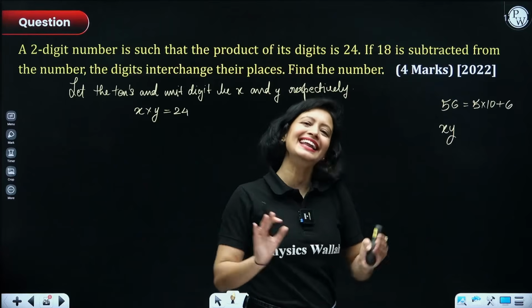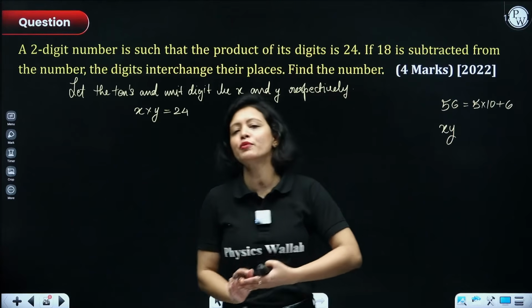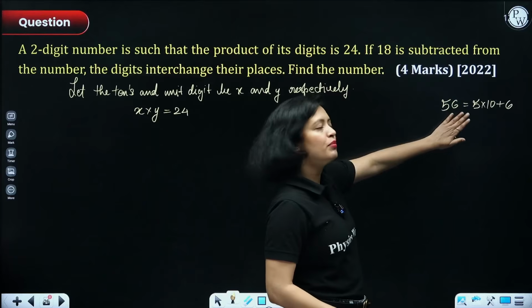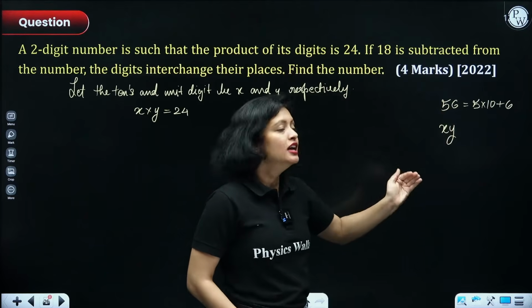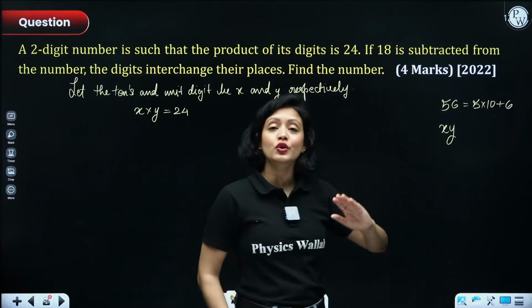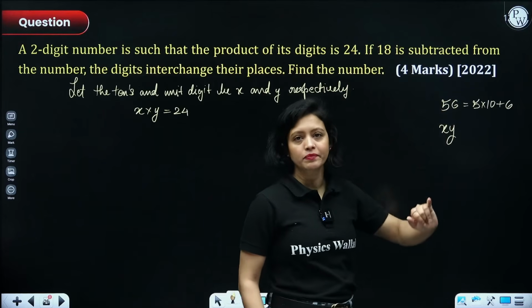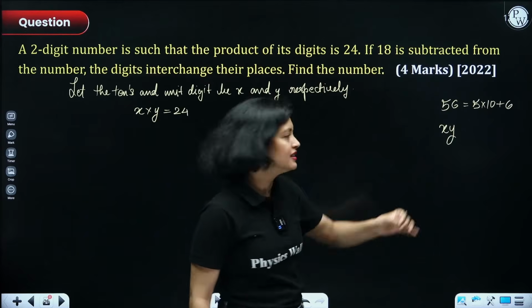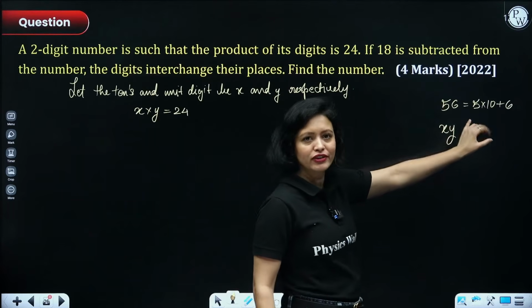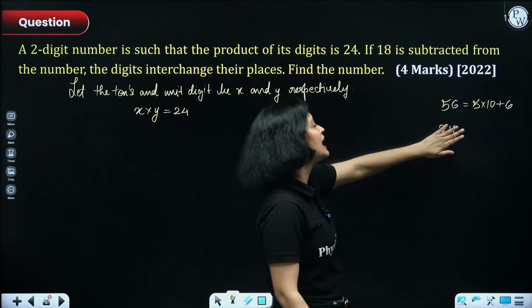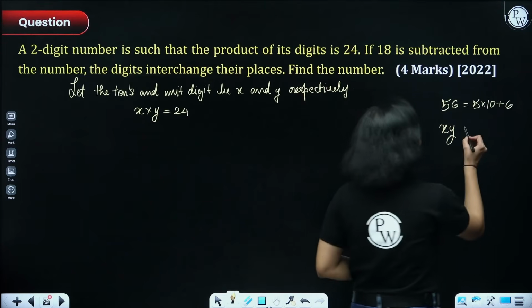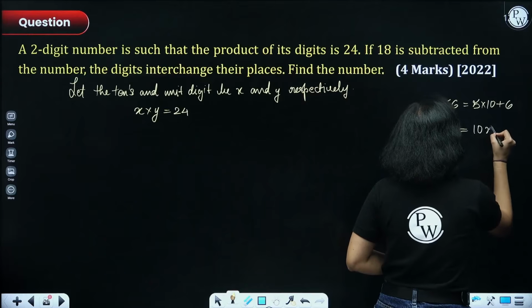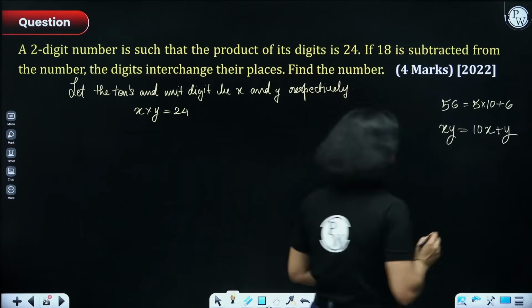So, if you are writing it as xy, there's a problem. What is the problem? If you write the number xy, automatically it would be assumed that you are writing x into y. But actually में तो ऐसा नहीं है ना. The number here is 56. It's not 5 into 6. You are not multiplying, right? So that means you can't write the number as xy. Instead, you will write it like this. 10 into 10th digit plus 1st digit.